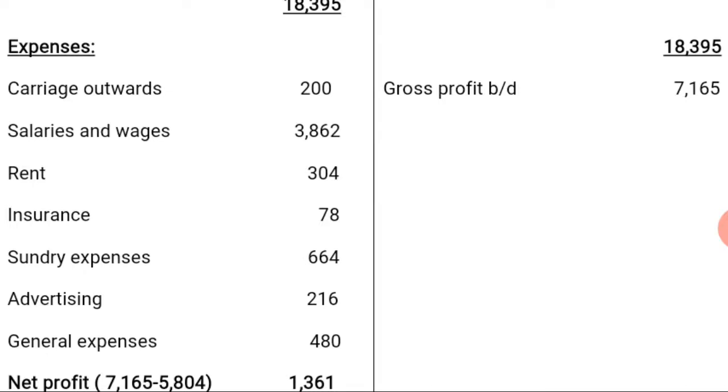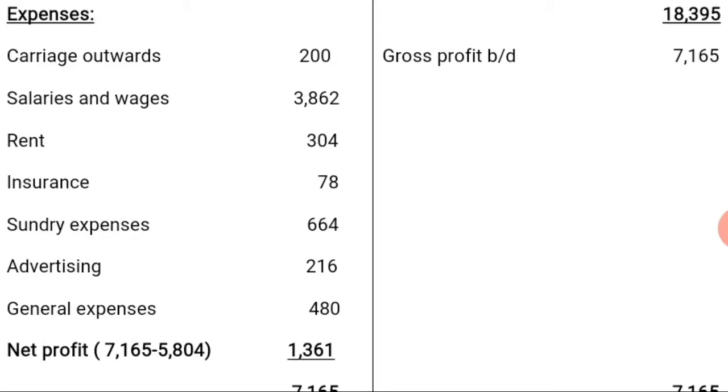And what are our expenses? We have the expenses on the debit side, such as the carriage outward of 200 naira, salaries and wages 3,862 naira, rent 304 naira, insurance 78 naira, sundry expenses 664 naira, advertising 216 naira, general expenses 480 naira. So you total the expenses, which gave us